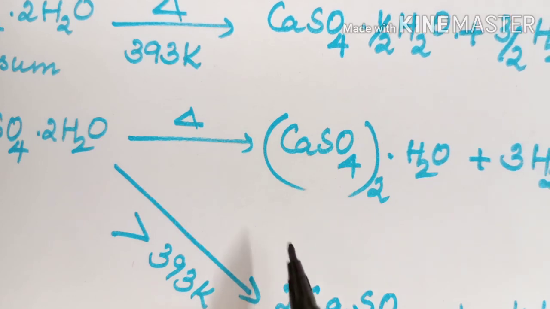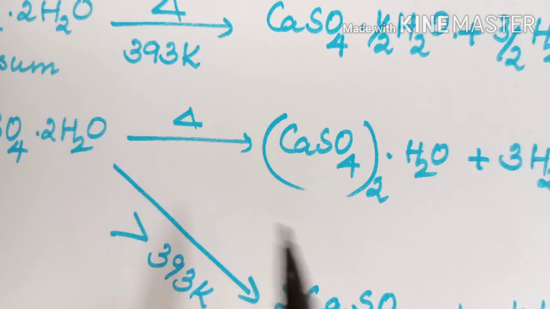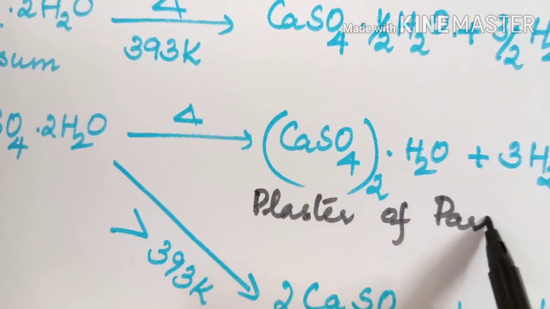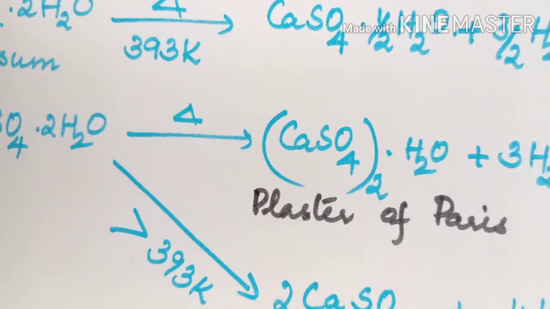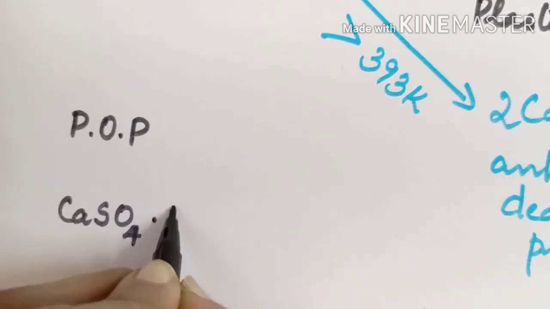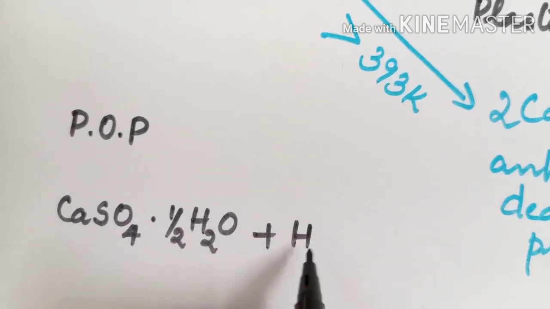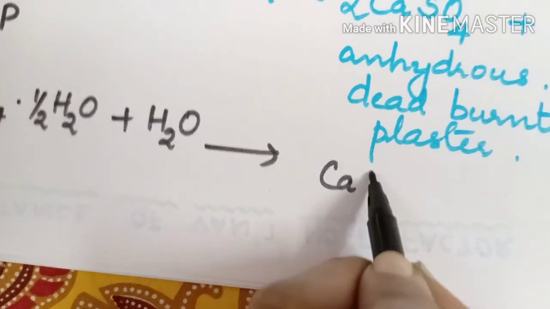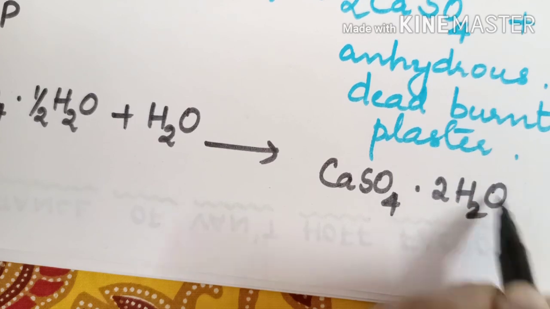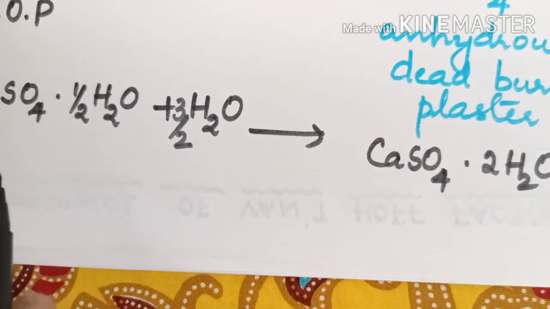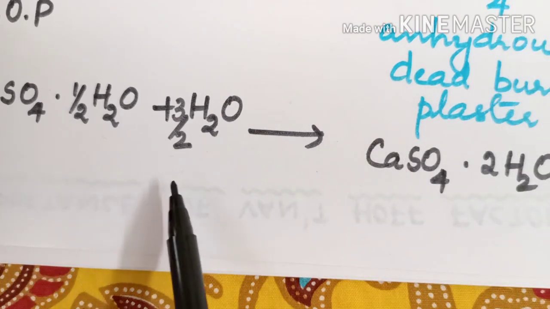The compound formed on heating gypsum at 393 Kelvin is otherwise known as plaster of Paris, as it resembles the rocks of Paris. Another important property of plaster of Paris, otherwise known as POP, is that this calcium sulfate hemihydrate, on adding water, undergoes hydration and forms CaSO4 2H2O. That means 3 by 2 molecules of water are required. So the reverse reaction of formation of plaster of Paris occurs when we add water to the compound,